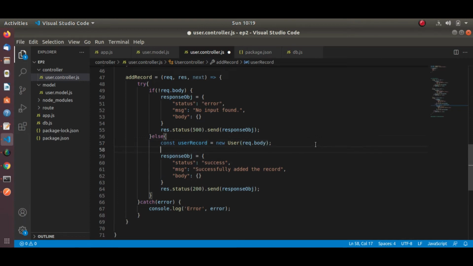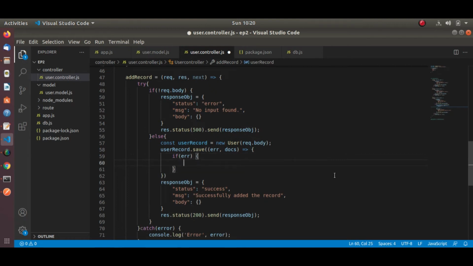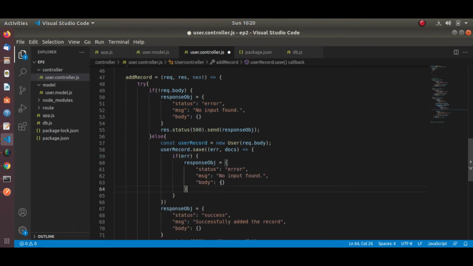After that we can write the save query. We can write the validation here. If there is an error, we can send the error message to the user, like in the body part, error. We can change the message accordingly.